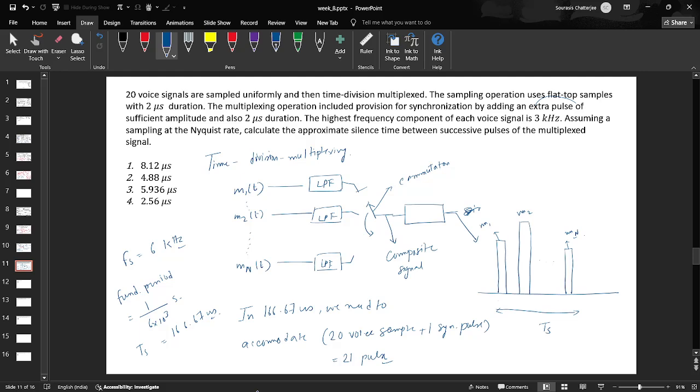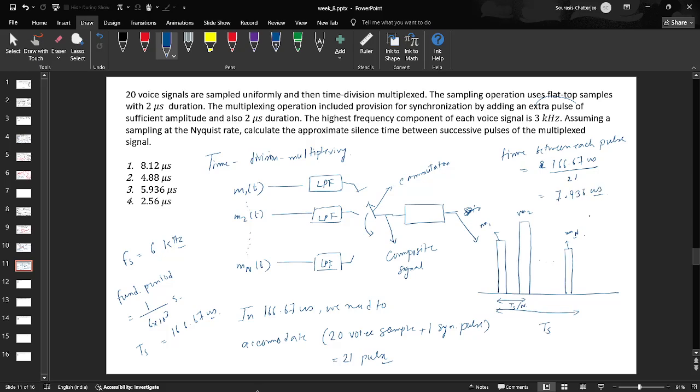And by the way, there are 21 pulses. The gap from the start of one pulse to the start of the next is Ts over n. So how much time between each pulse is it going to be? There are 21 pulses, and you need to fit them in 166.67 microseconds, that means 166.67 microseconds divided by 21, which comes out to be